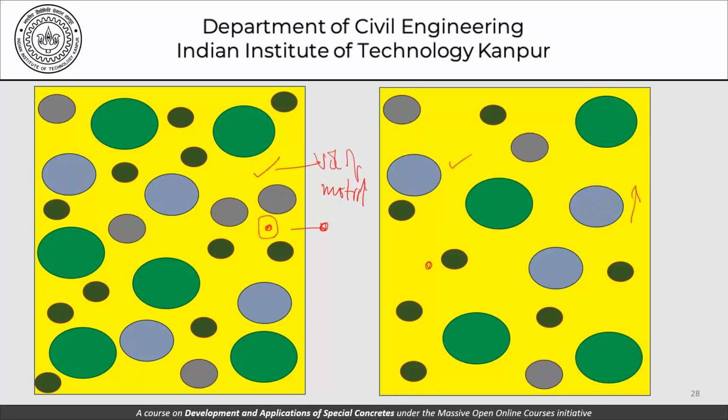So don't you think that the properties of this mortar, let us call it M1, and the properties of this mortar, let us call it M2, need to be different? As far as the viscosity is concerned, which of them should have a higher viscosity? Mortar M1 needs to have a higher carrying capacity because it is carrying many more aggregates compared to mortar M2, which is carrying fewer aggregates. So this is basically the crux of our discussion.